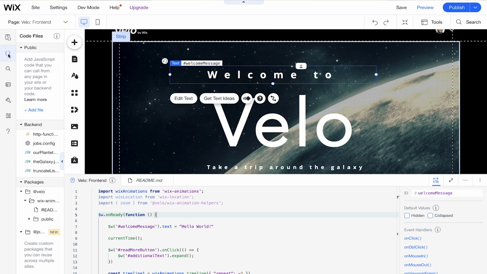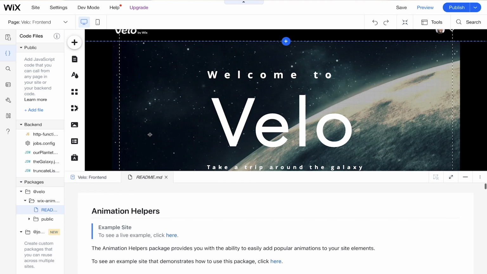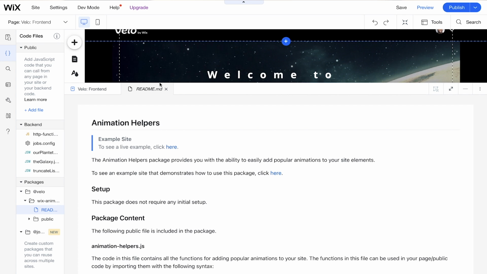So let's go over here to code files real quick. It's the only time in this course where we're going to be doing this. And we already have a Velo package already here. And this is Wix Animations helper. So let's navigate over to the README, and we're going to learn a little bit more about this package and maybe about some other packages that are coming down the line as well that you can interact with your front end. So the Animations helper is going to be using the Wix Animations API, which is a front-end API, to